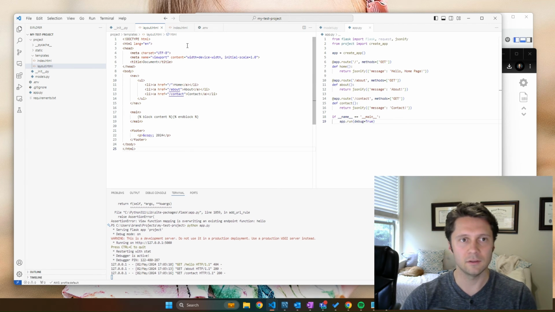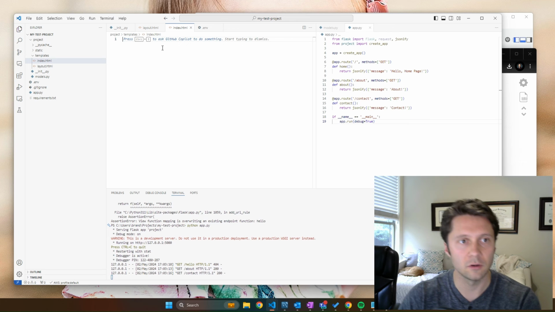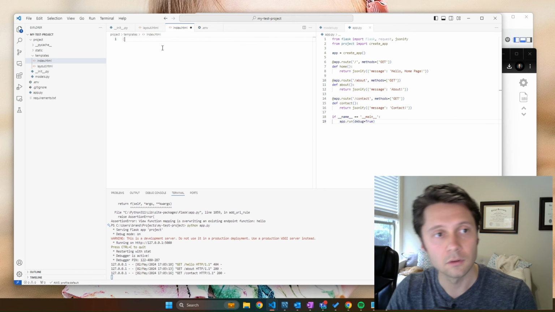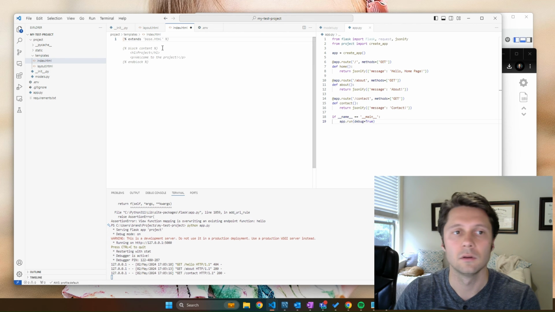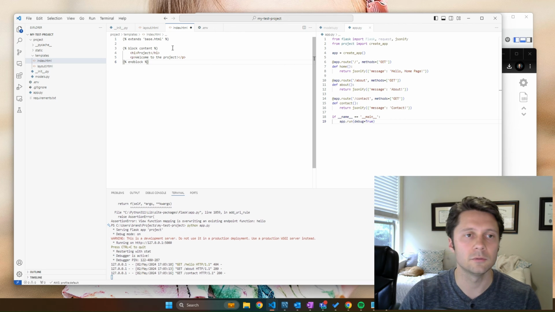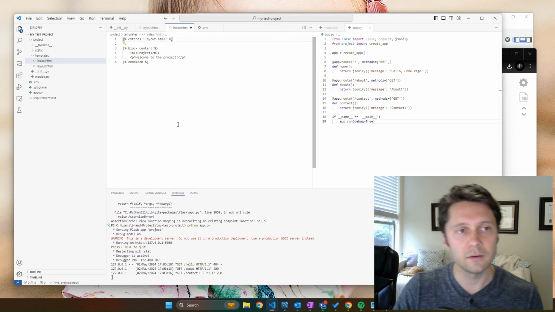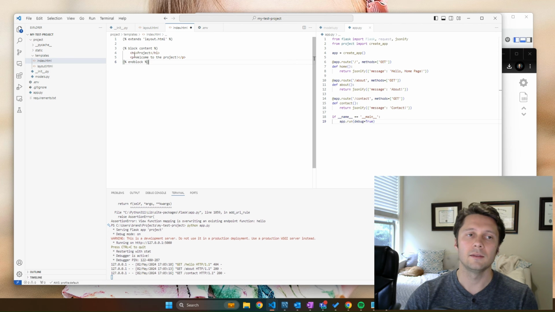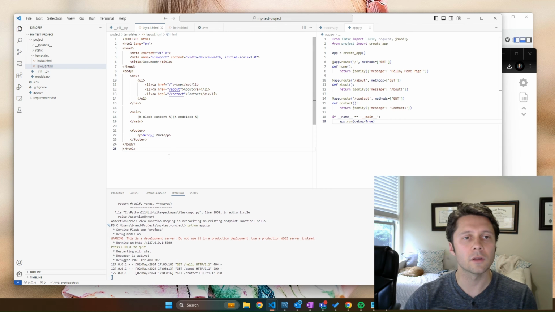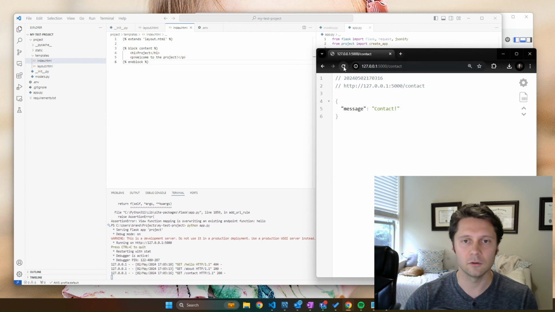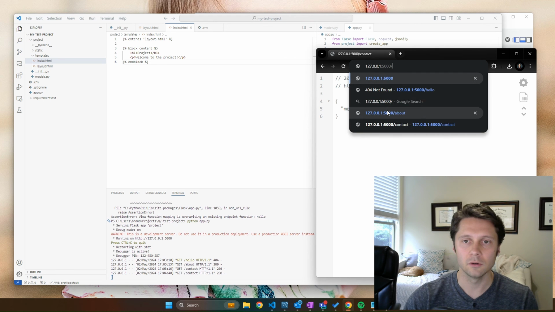So I can save this, and then if I go over to index.html, it's going to start off by saying extends layout.html. And again, when you use the block content and block, this will be the HTML that's inserted into layout. So, okay, let's see how it looks. Let's see if this is actually working. So if I refresh, if I go to the root,